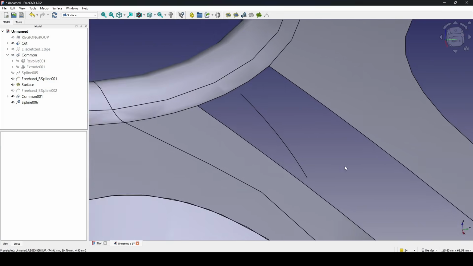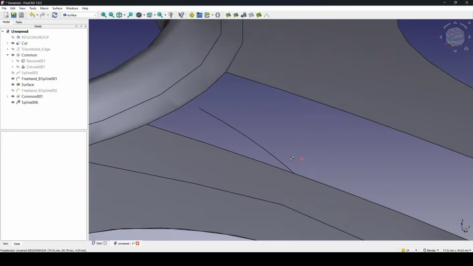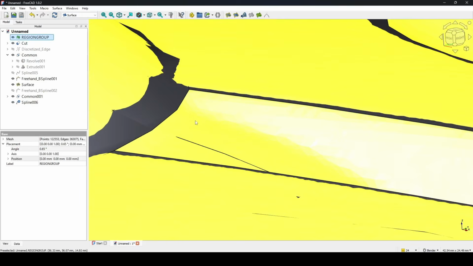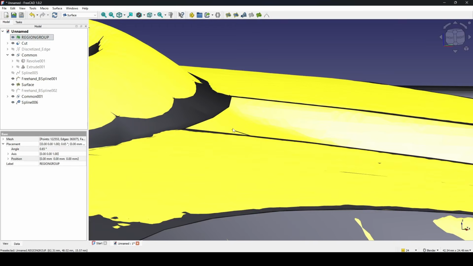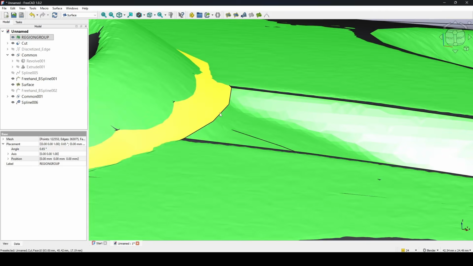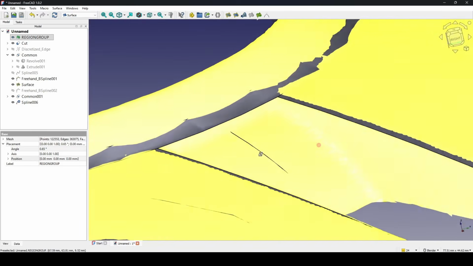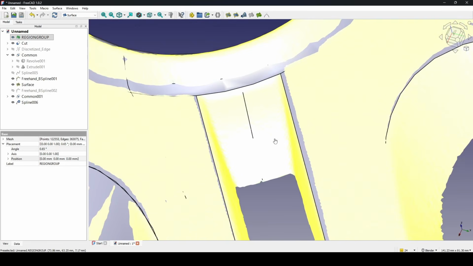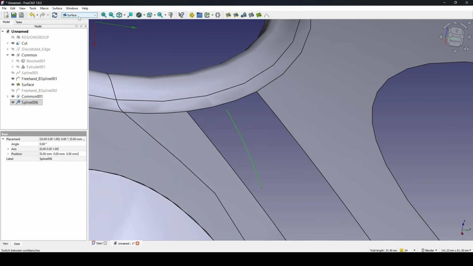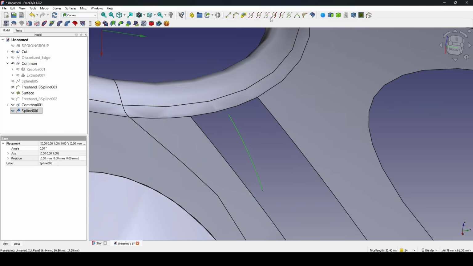This is the curve that we want. But you can see this curve is lower than the geometry up here. Why? Because if I show the mesh, you can see this curve needs to have a nice smooth transition up here. So I need to turn this curve into poise. So click on this curve and go to the Curve Workbench and again turn that into poise using the discrete